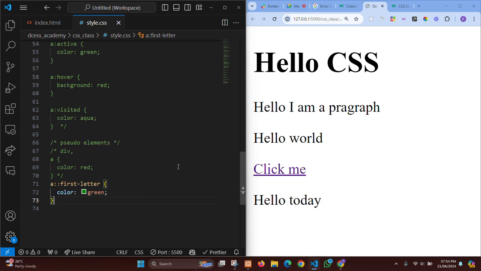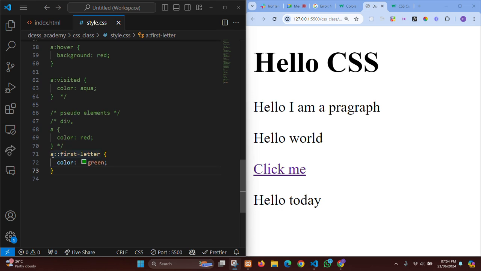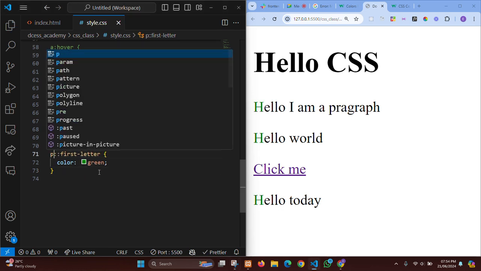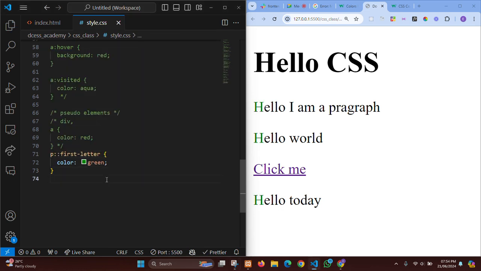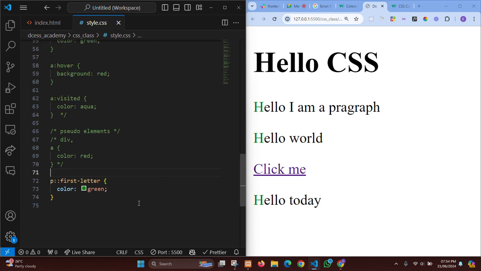Why is it not changing? I'm coming. Let me try it with p. Let me just say p first letter. Okay, you can see it's changing with p, but it's not changing with a, right? I don't quite know what the issue is, but the thing is that in web development,